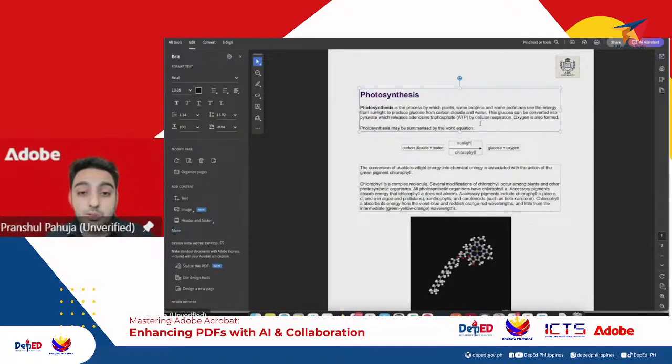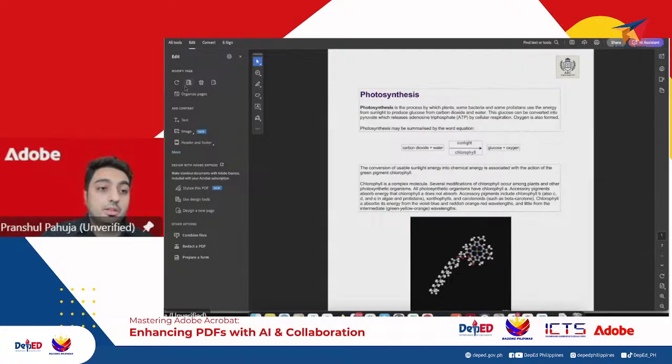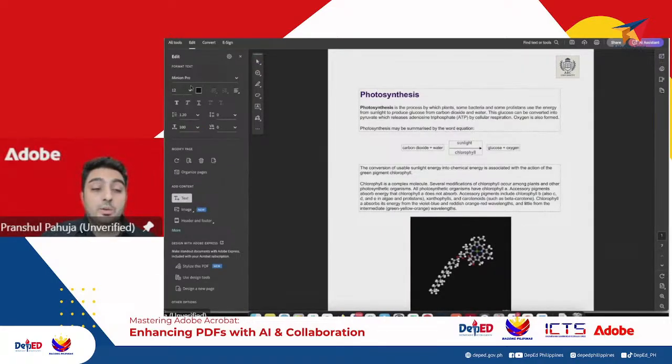I will be able to add more content. I will be able to remove the content, and I will be able to modify some of the aspects within the document. Your standard text editing capabilities exist here. That is, you can change the font on the left side, whichever font you want to choose. You can choose the font color if you want to. You can select the font size. You can change the alignment, all your usual text-based editing capabilities are available over here.